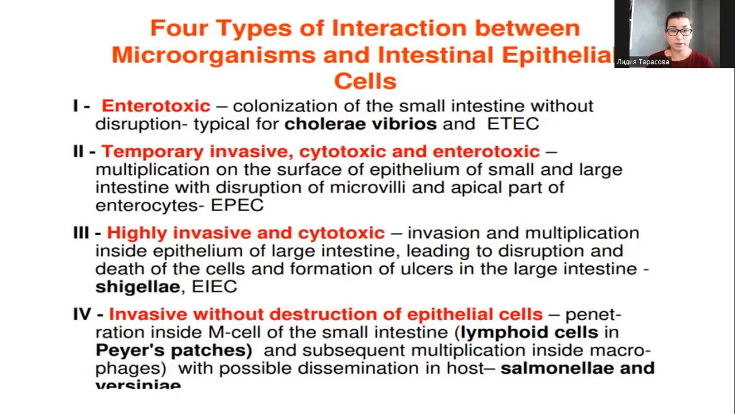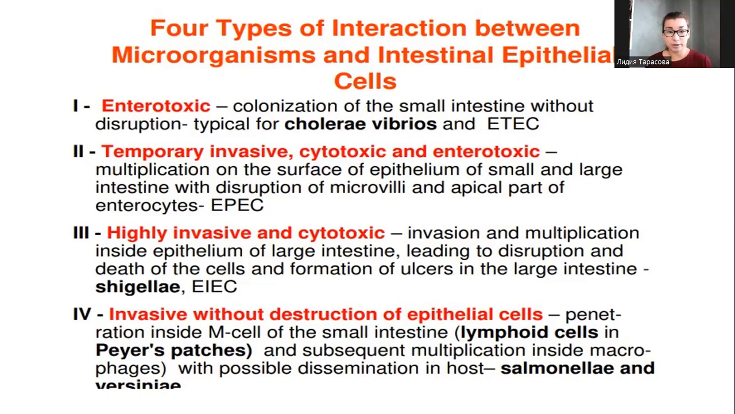Let's study the types of interaction between bacteria and intestinal epithelial cells, because it's a way to understand the pathogenesis of bacterial intestinal disease. It's what can happen in the intestine when bacteria enter the human body. So there are four main types of interaction. The first is enterotoxic: colonization of the small intestine without disruption, typical for cholera, Vibrio, and enterotoxigenic Escherichia